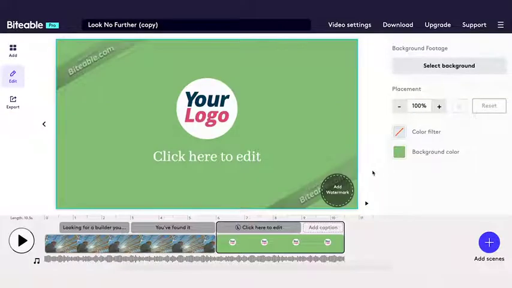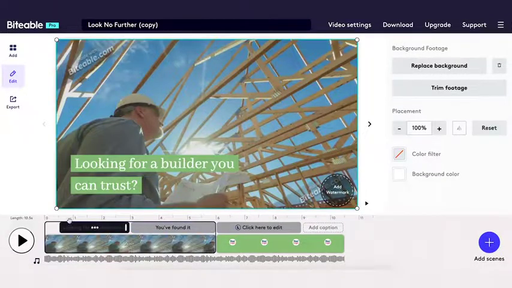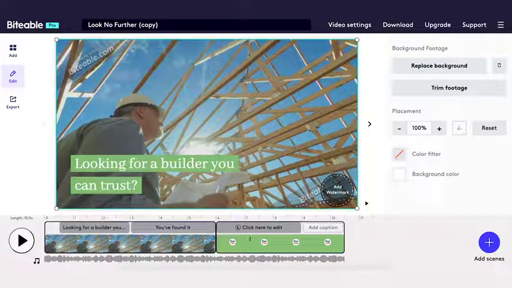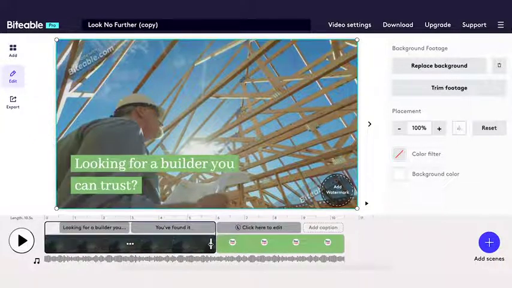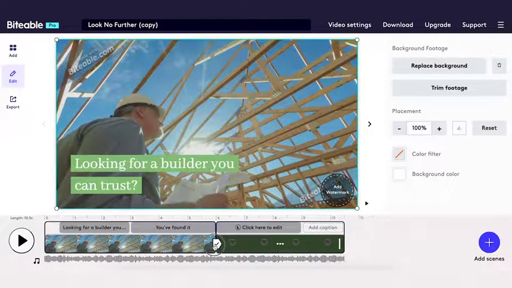Now let's dive into the timeline and have a look how that works. So this video we're editing has two scenes. You can see one scene here on the right hand side in the timeline, and then there's another scene on the left. Up the top here we can see when those scenes appear in our video. These are second markers. Now if we want to make a scene shorter, we can just grab the handle on the right hand side here and slide it, or we can slide it back the other way to make a